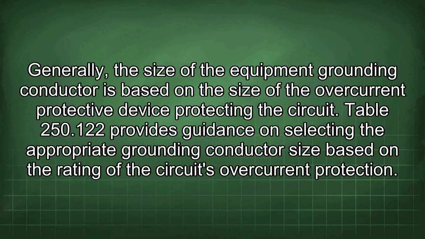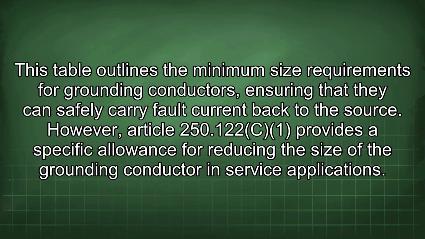Generally, the size of the equipment grounding conductor is based on the size of the overcurrent protective device protecting the circuit. Table 250.122 provides guidance on selecting the appropriate grounding conductor size based on the rating of the circuit's overcurrent protection. This table outlines the minimum size requirements for grounding conductors, ensuring that they can safely carry fault current back to the source. However,